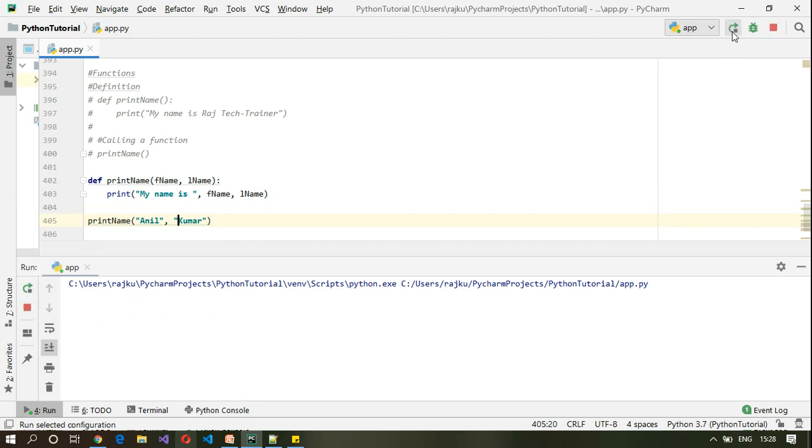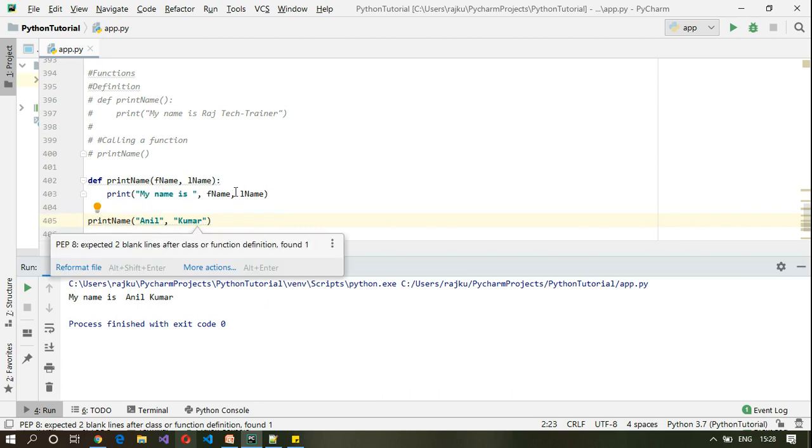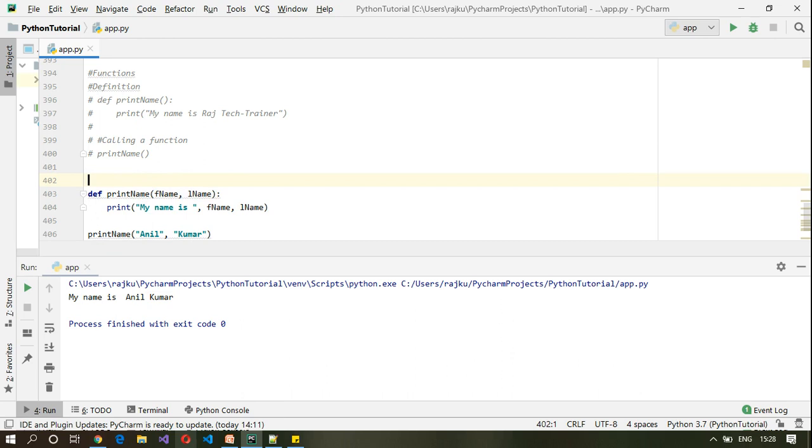Let me execute this now. It says my name is Anil Kumar. In this case we have provided two arguments, so F name will store Anil and L name will store Kumar. This is nothing but a parameterized function, the function which has got arguments.